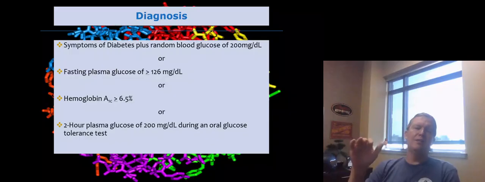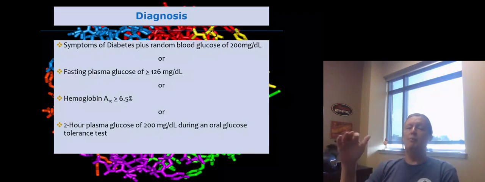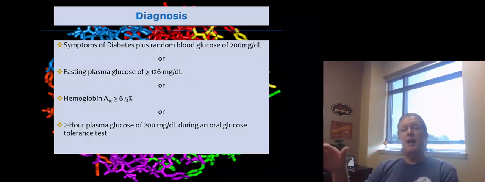That test assesses the glycosylation of hemoglobin over a period of time. That process is not an instantaneous event. It doesn't change when we eat. It doesn't change when we fast. It evolves over time. So that is roughly a 3-month process